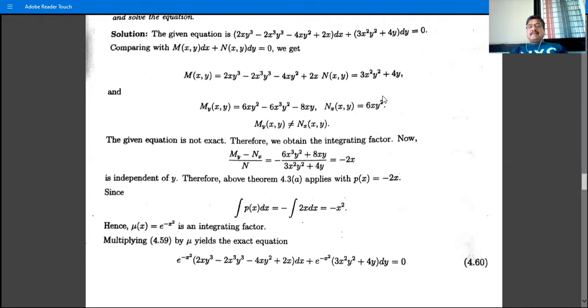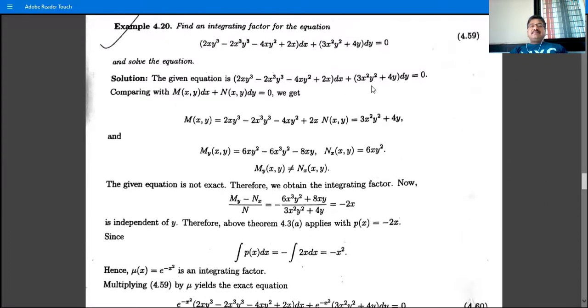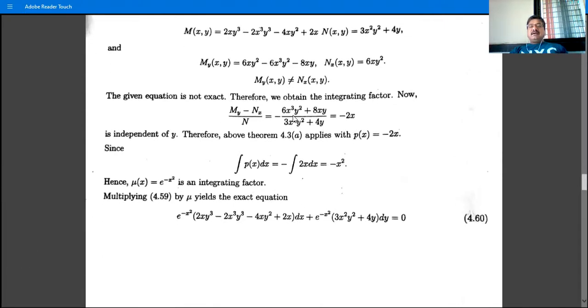Divided by N, the minus sign is here, divided by N. N means this, 3x square y square plus 4y. Then take 2x common from the numerator. So we have in bracket 3x square y square plus 4y, and cancel that with the denominator. We have the answer minus 2x, which is independent of y, or this is a function of x alone, and therefore the integrating factor is